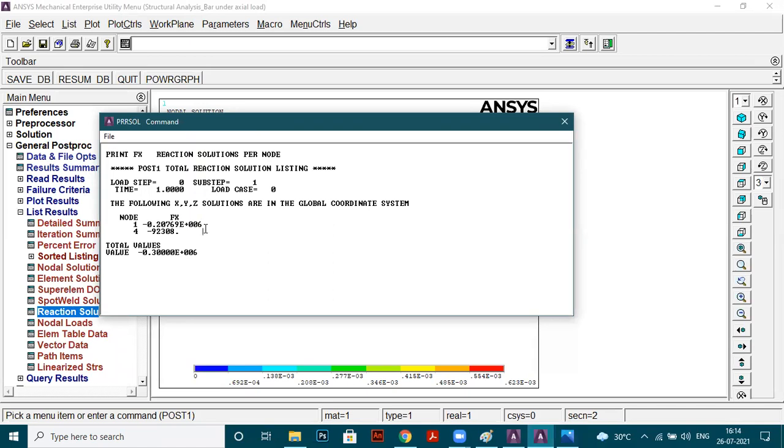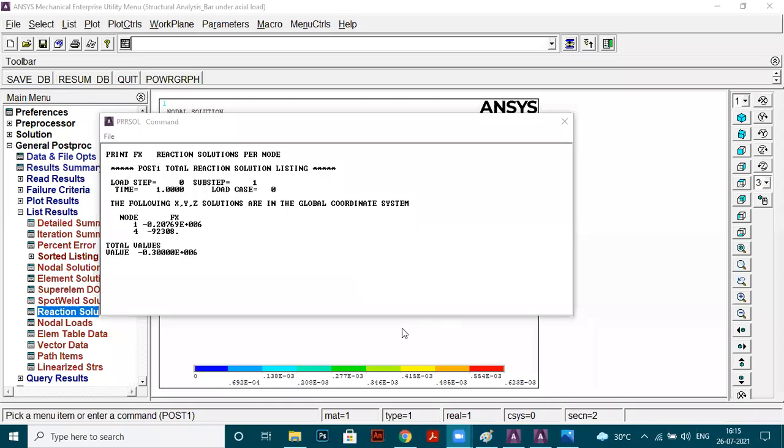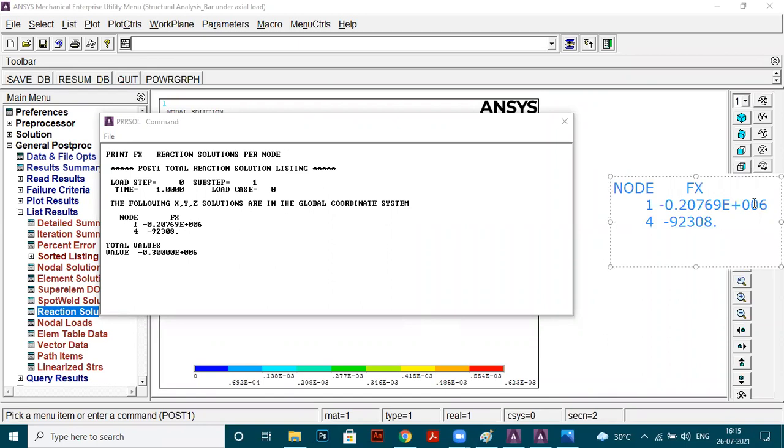Now let me brief you. I will just annotate these values. If there is any confusion, I will just make that. See this, all of you. What does it mean?